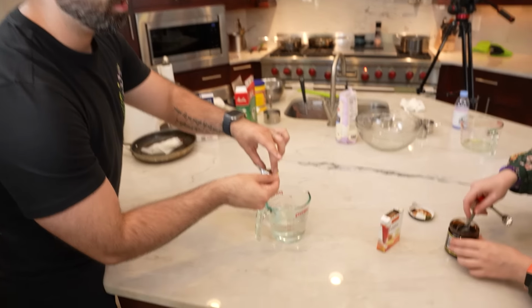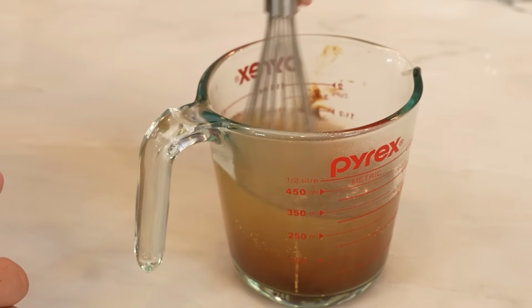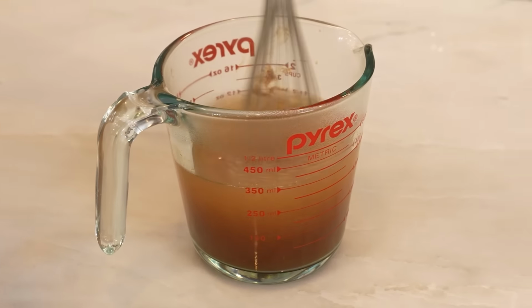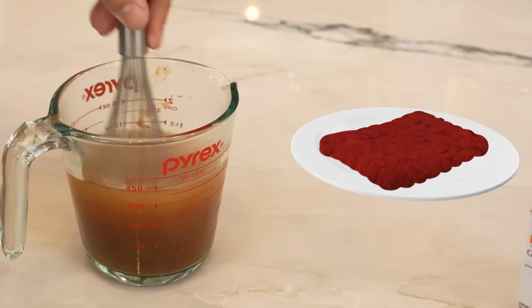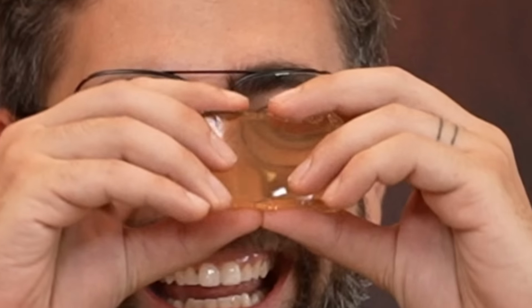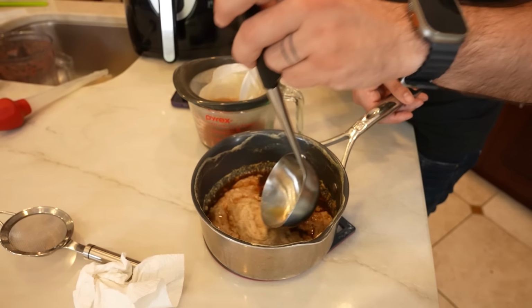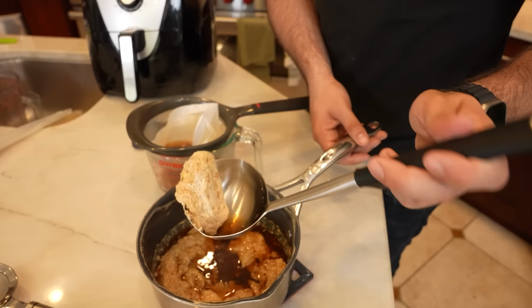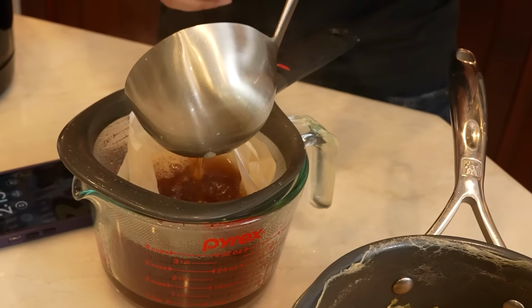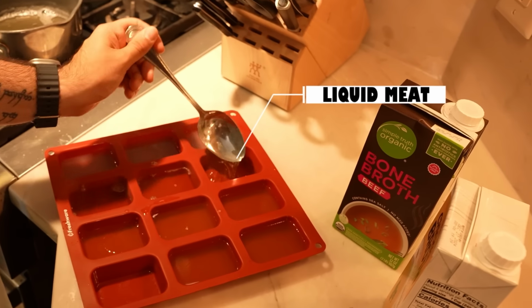The patty was less obvious, but it made sense to have a beef-flavored Jell-O as opposed to thickening it like we did with the ketchup. We'd have to stick it in the oven and potentially end up with a flattened, vaguely meaty cracker, which surprisingly sounds less appetizing than gelatinized beef patty. Now, for the beef broth, we created a similar egg white raft to clarify it as much as possible before making it into a Jell-O. With all the flavors trapped in their wiggly jiggly prisons, they have to cool down to solidify,